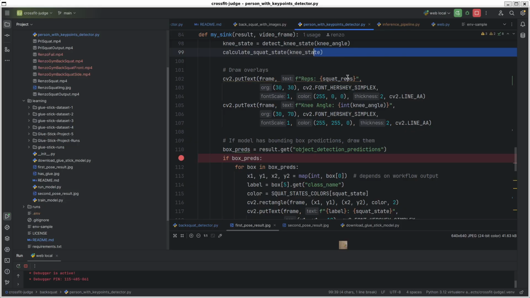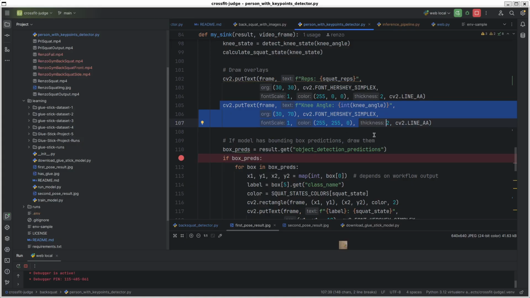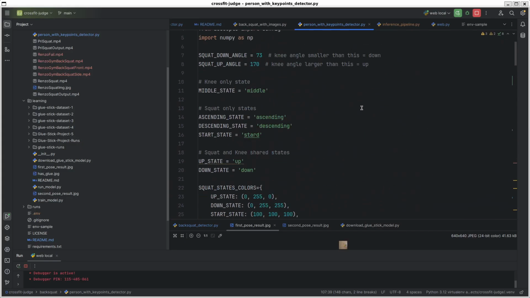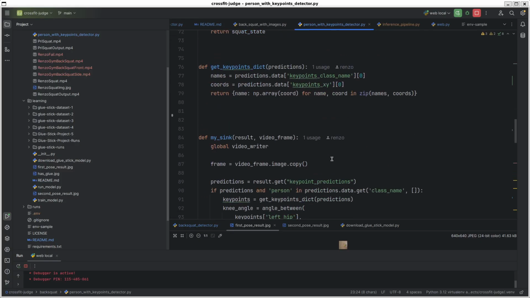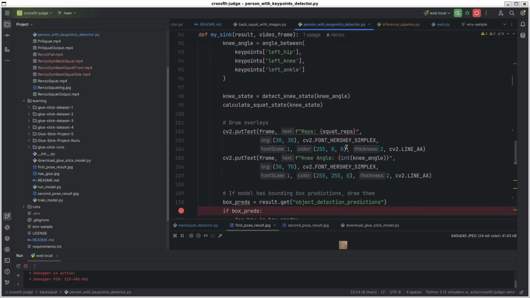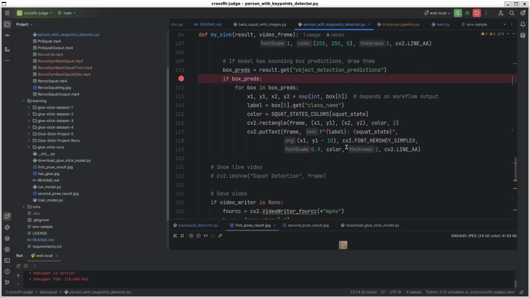And based on that, I just put the text in there. I draw the box. I changed the colors in there. You saw the dict with the different colors. If you want to change the colors, you can do it in here using RGB colors. So for each state, I have a different color. And let me see what more I have done.